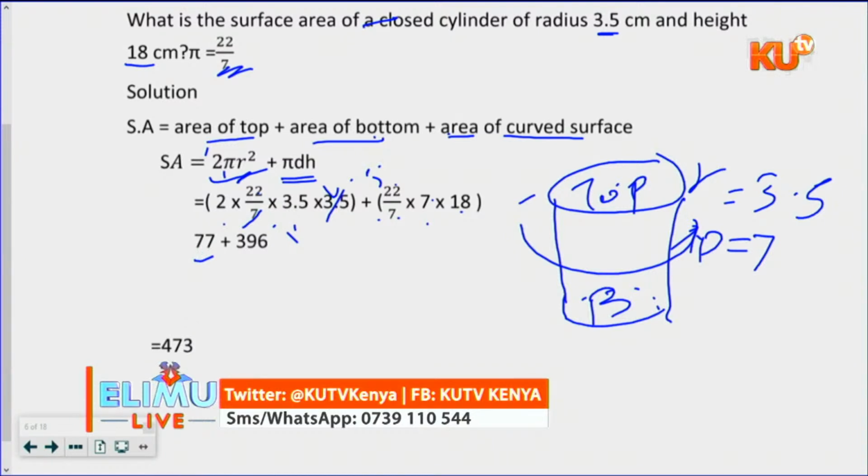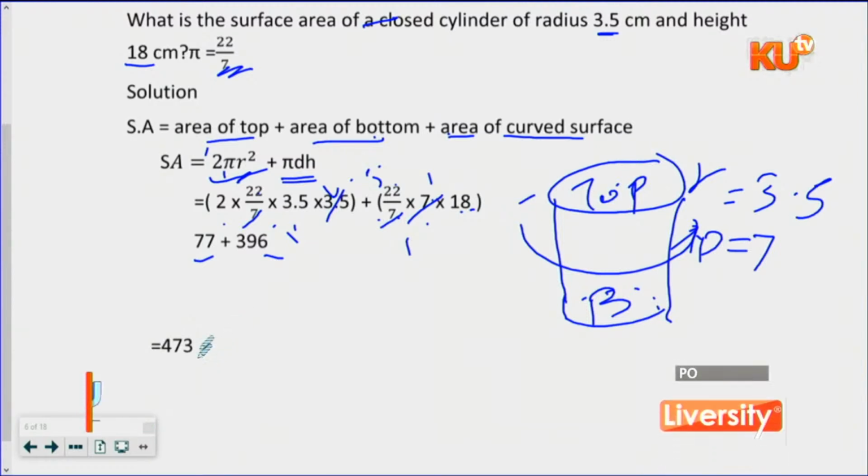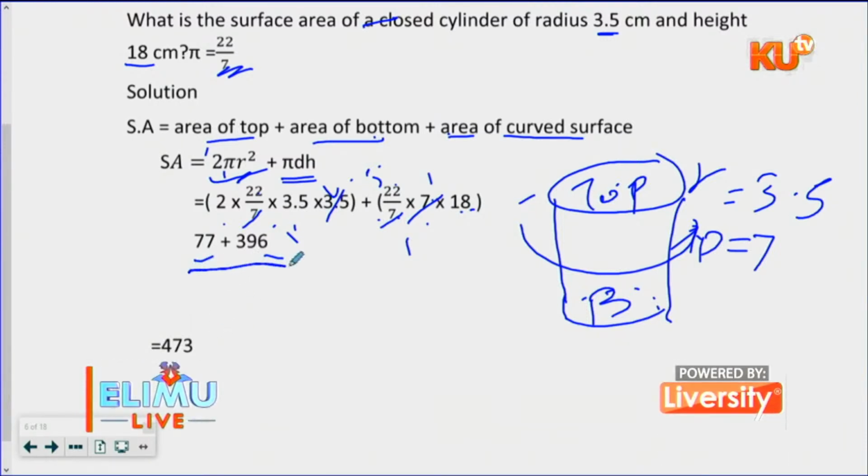Then here we come to the pi d h. 7 here, 1, 7 here, 1. 22 times 18 will give us 396. So we put them together as indicated here. We get our answer here as